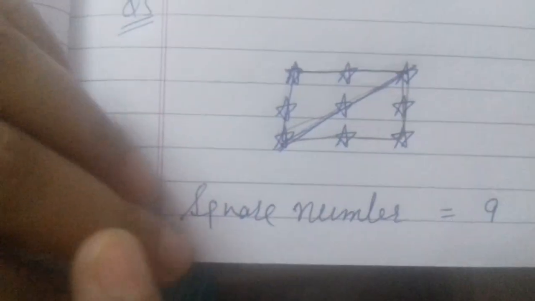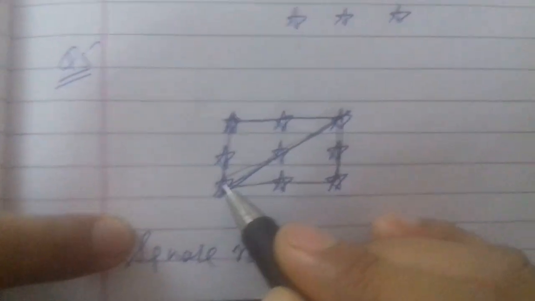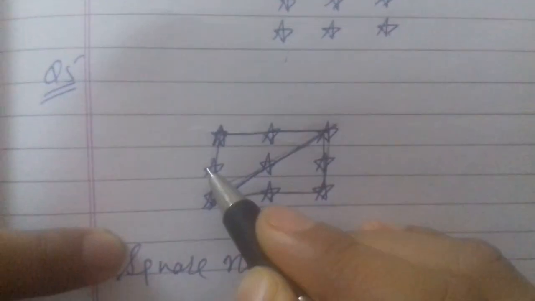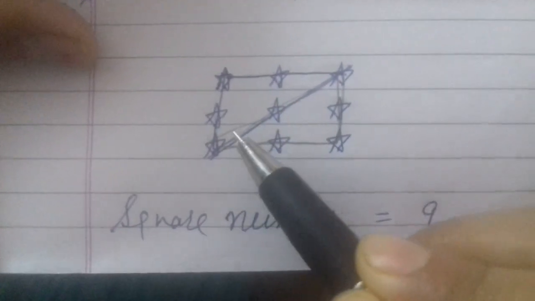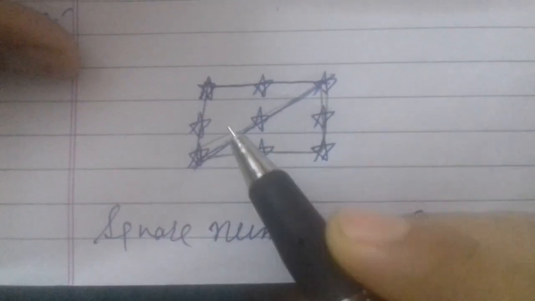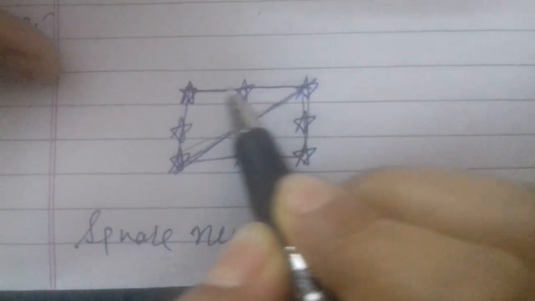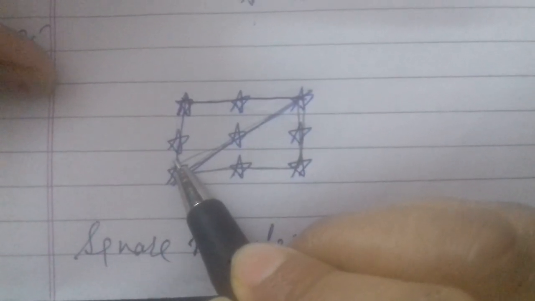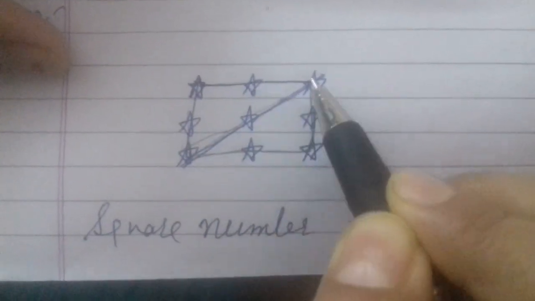And the question is, if the triangular number is 6. Triangular number is what? 6. Look here. Total how many numbers are there? 1, 2, 3, 4, 5 and 6. Yes, once again students, try to understand the question. If two triangular numbers are joined, this is a triangular number, it is given 6, you have to take. How many stars are there? 1, 2, 3, 4, 5, 6.